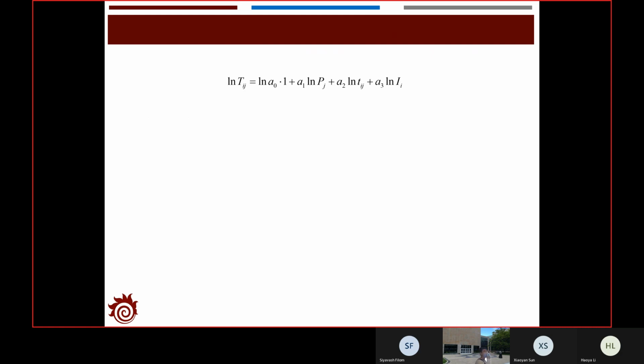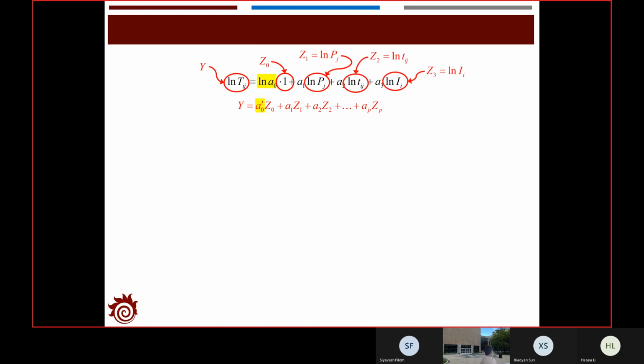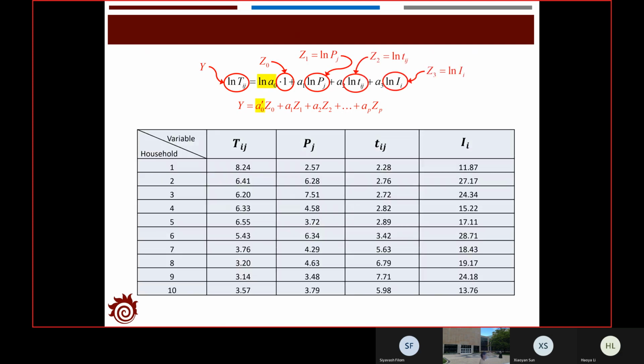So that's the linear equation. So what do we do now? We applied the log transformation to the original equation, which means we also need to do a log transformation for the survey data. So here we assume that y equals log Tij, Z0 is just 1, Z1 is log Pj, Z2 is log Tij, and Z3 is log Ii. With that, we now